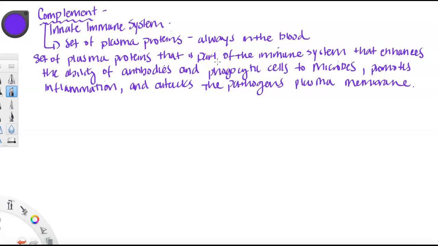Okay. All right. In complement, it's a group of these plasma proteins that are activated to go through a sort of cascade of reactions in order to create the effect. So there are three pathways that can start complement. Okay, the classical pathway